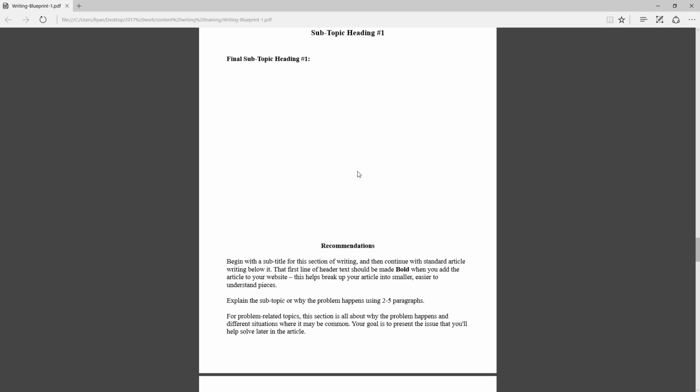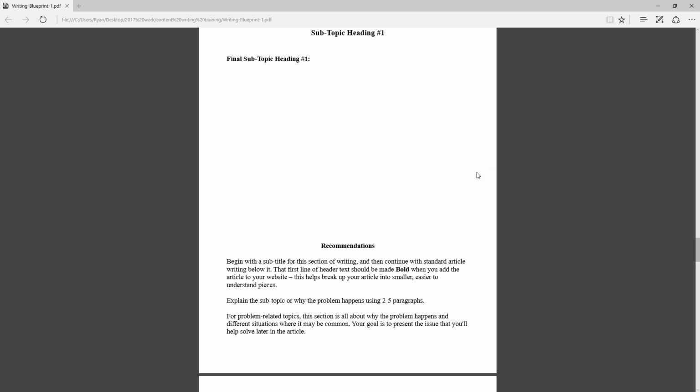So if you're aiming for 1,000, you would definitely need to add in more of these subtopics to really be able to achieve that number of words without having huge sections of your page all devoted to one particular subtopic.